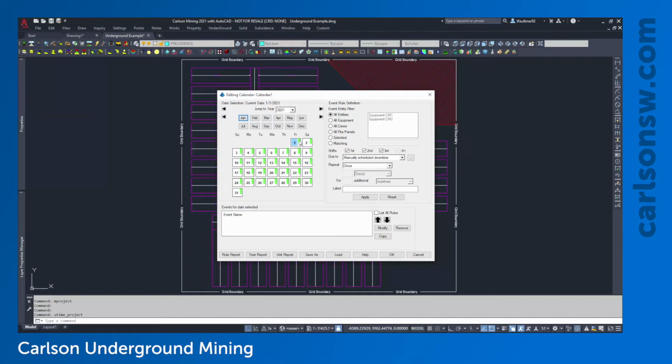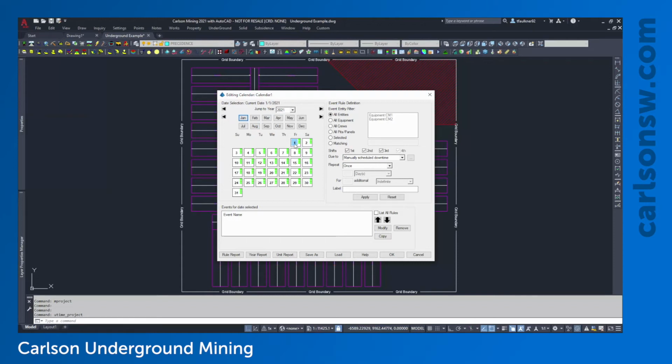Now, a very manual way to do this is to actually click on the green dots. You'll see that they turn black. That means it turns off all production for all entities. So if you wanted, you could actually just go through, click off the days that you don't want to work. However, it only affects that one day. So if I were to go to January of 2022, you can see that hasn't been affected. So if I really wanted to assign a holiday here, New Year's Day on January 1st every year, the way